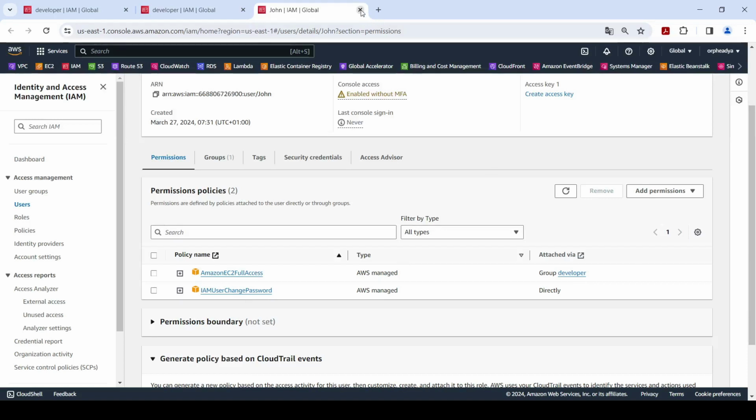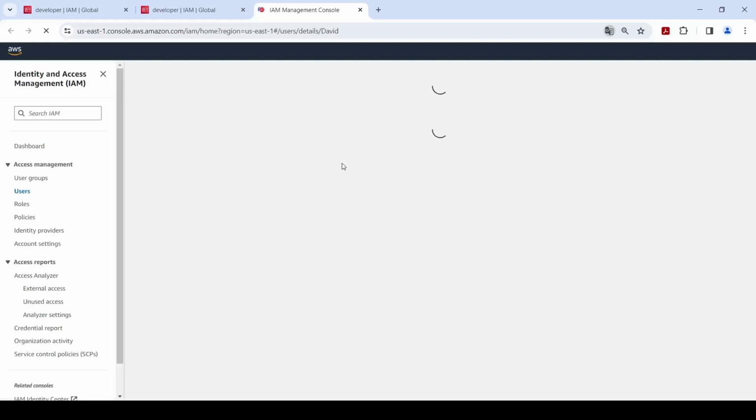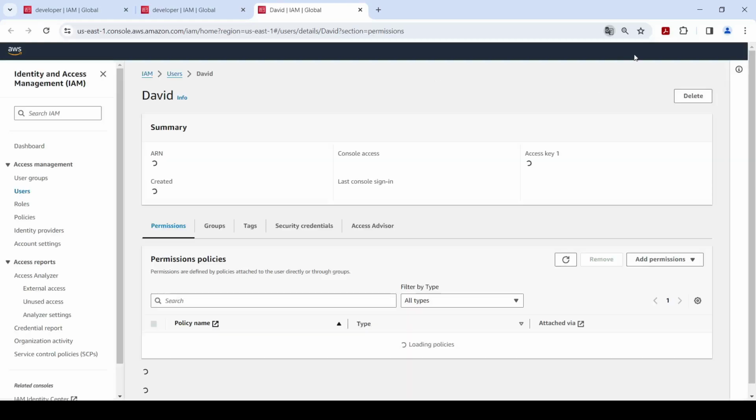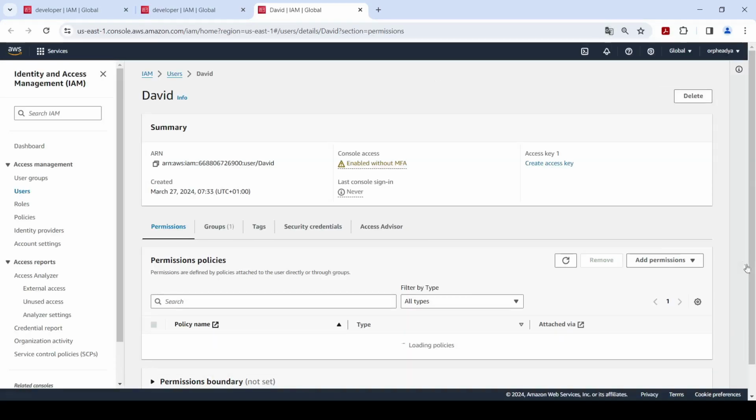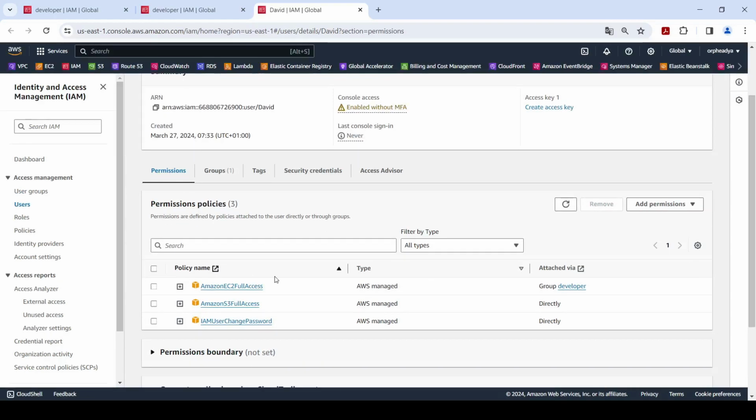If we close this tab, we will see the permission of David. David has 3 permissions. This permission is because he belongs to the developer group.